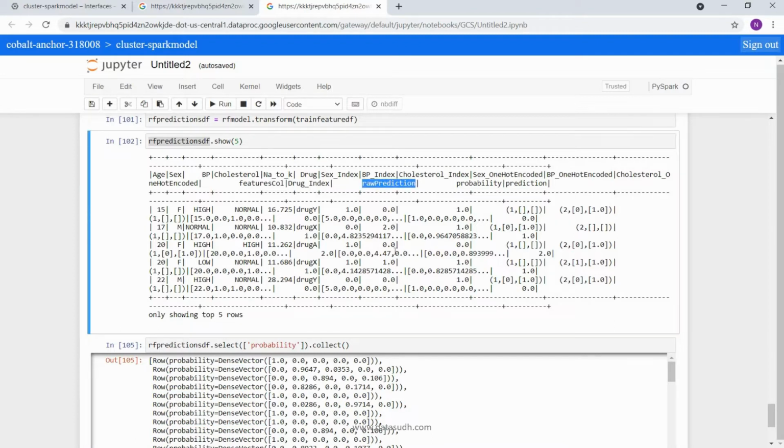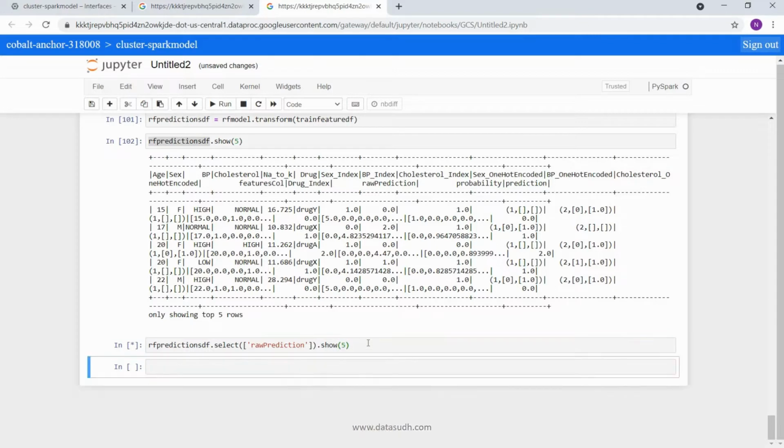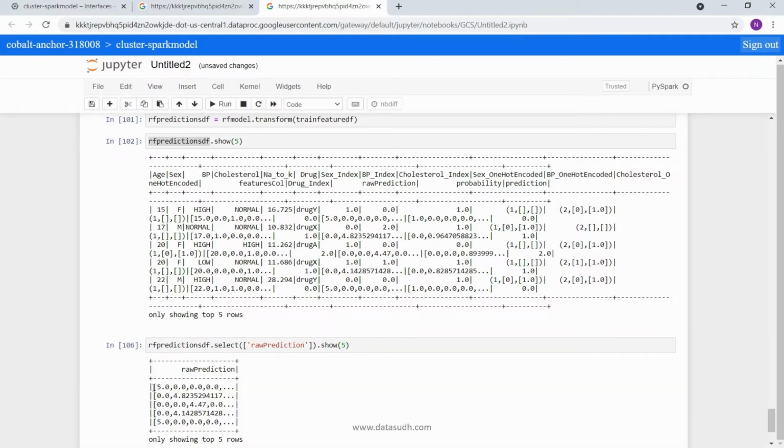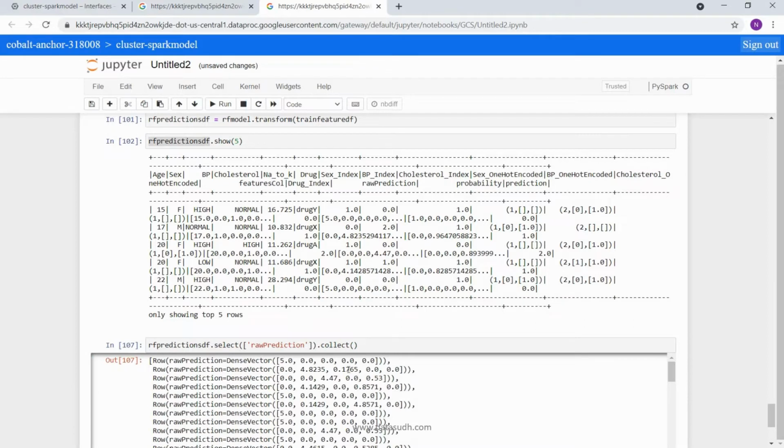Now let's talk about raw prediction. Raw prediction is also a vector column, which is telling you the count of the instance labels at the tree node which makes the prediction. So this is your raw value against which the prediction with the assumed probability has happened.